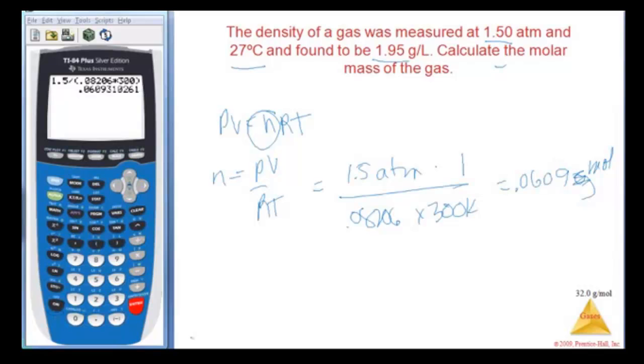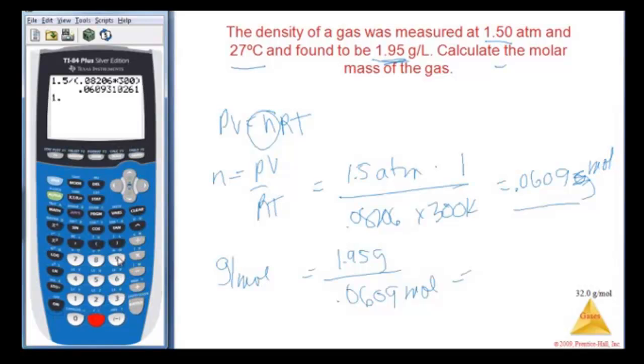So if I have 0.0609 moles, now molar mass is grams per mole, right? So if I take my grams, which I was given here, 1.95 grams, and I divide it by how many moles I have, divided by 0.0609 moles, I get 1.95 divided by that number, equals 32